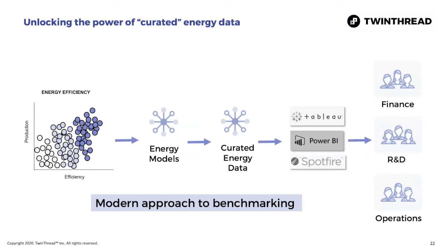Of course, there's benchmarking. I can compare lines, compare plants, compare even models of equipment very easily. But often this energy footprint data is not well understood across the broader organization. Just simply knowing how much energy does it take to make a case of this product or a pound of that product